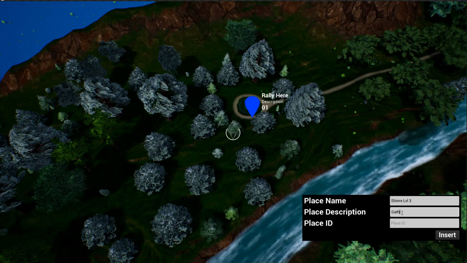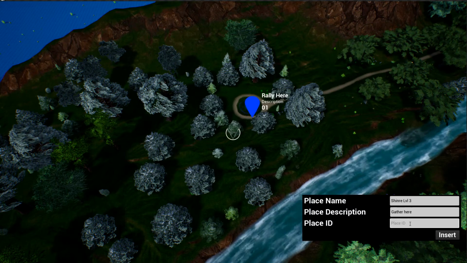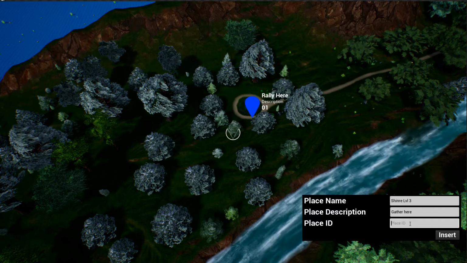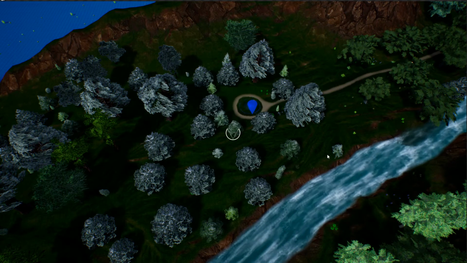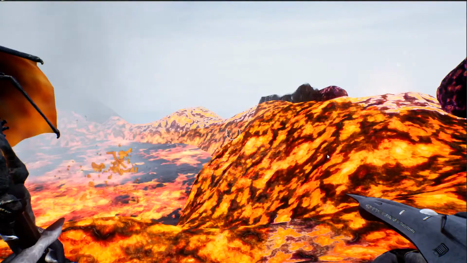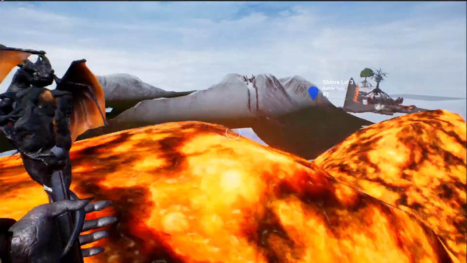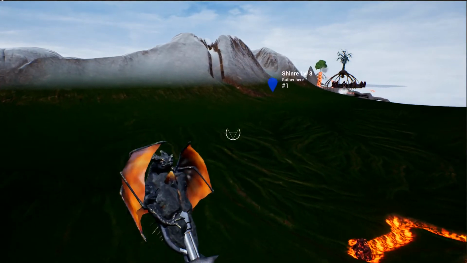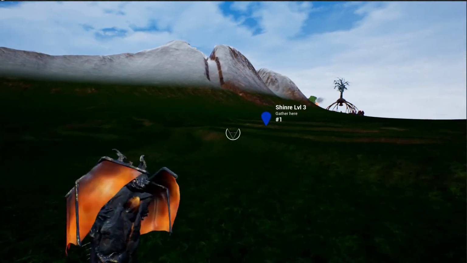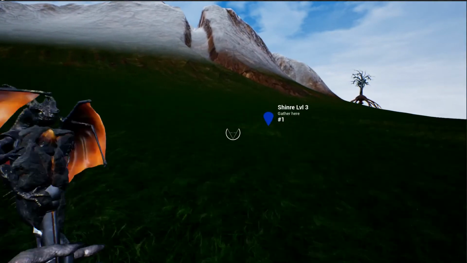Gather here. I can say whatever I want. And place ID number 1. Insert. Okay, so now let's push M again, go back to our character. So he's out here fooling around, all of a sudden he goes, hey, there is a waypoint over there. And what we are doing is we are telling the characters to gather there and to build...